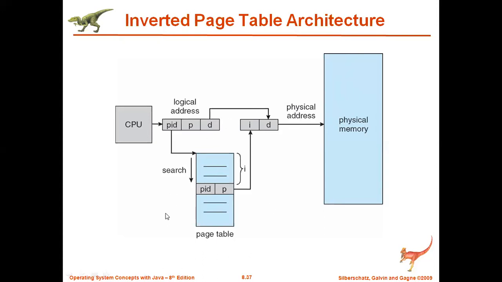But this page table is going to be common for all the processes. The challenging task is to identify which process a particular page belongs to. How do you identify that? With the help of the PID, the process ID, which indicates the process that particular page belongs to. Once you know which process the page belongs to, then we can get the frame number of this page. Here you can add one more column, that is the i column, which is the frame number in which the particular page is stored, and the PID of the process the page belongs to.